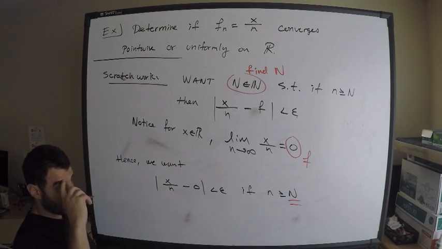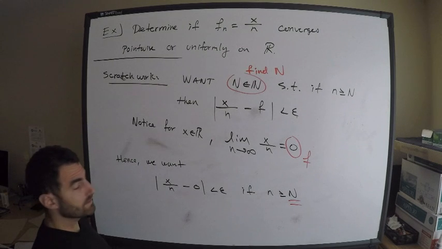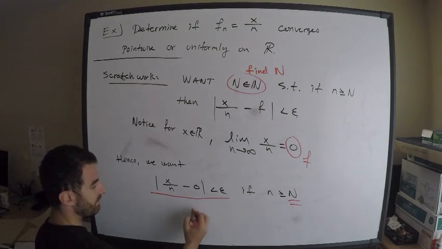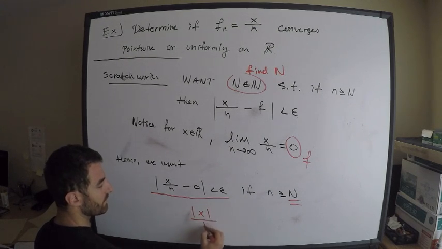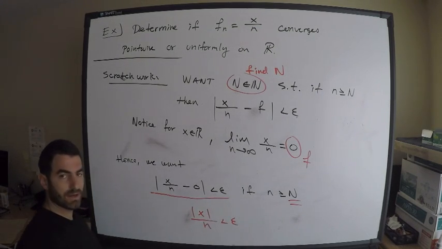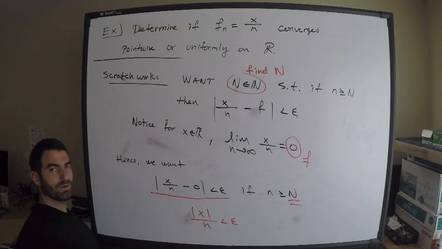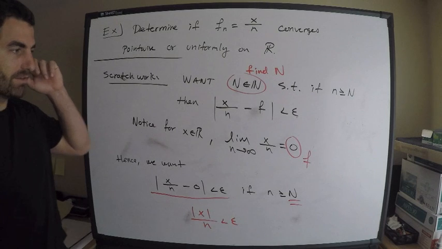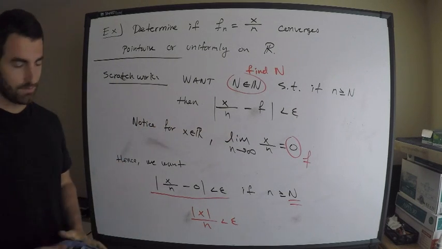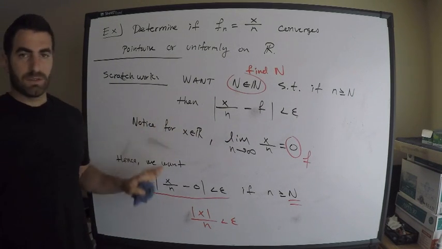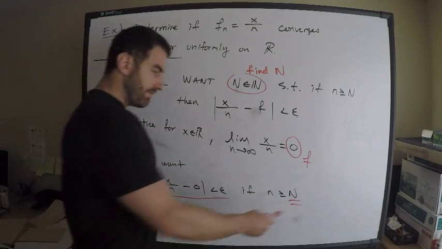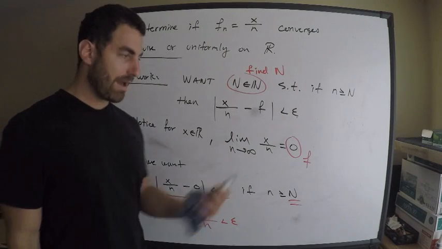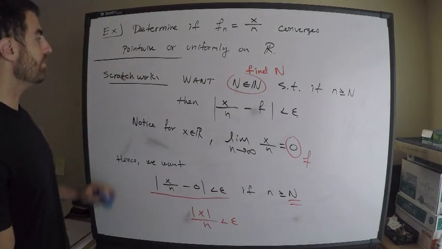So what we're going to do is the following. And by the way, what does this simplify to? This says that I have the absolute value of x over n is less than epsilon, right? Because little n is a natural number, we don't need absolute value there. x is a real number. It could be negative, could be 0, could be positive. And by the way, if it's 0, obviously it's going to equal 0. Let's continue with our scratch work, because remember, it all comes down to finding this capital N. It will absolutely depend on x, and it will absolutely depend on our choice of epsilon. So, pointwise convergence is what we're looking at.